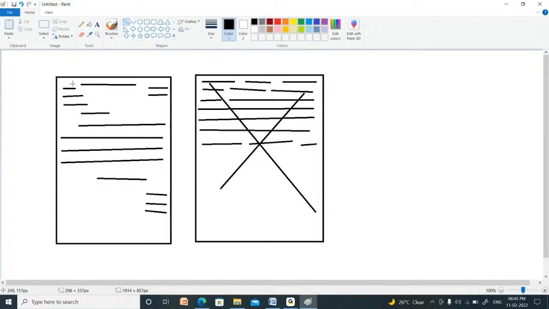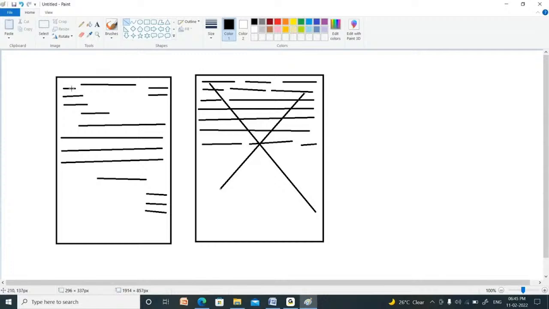Instead, you can press the tab button, tab, tab, tab. Whenever you press the tab button, the cursor moves a tab distance forward. A tab distance may be 4 spaces, or 6 spaces, or 8 spaces. It depends upon your system settings.